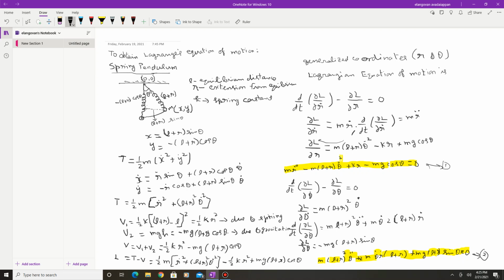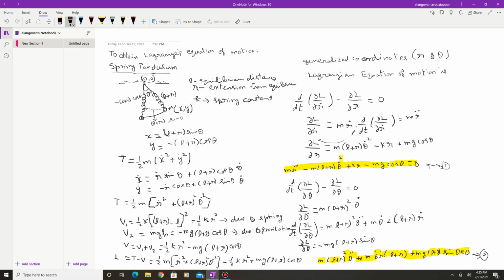Then let us write down the Lagrange equation of motion corresponding to the coordinate theta: d by dt of partial dL by d theta dot, minus partial dL by d theta, is equal to 0. You take the expression for L and again find the partial dL by d theta dot. Partially you have to differentiate with respect to theta dot. You will get m into (L plus R) square into theta dot. If you find d by dt of partial dL by d theta dot, you differentiate this with respect to time, and first you take m into (L plus R) whole square, you differentiate theta dot, you will get theta double dot, plus